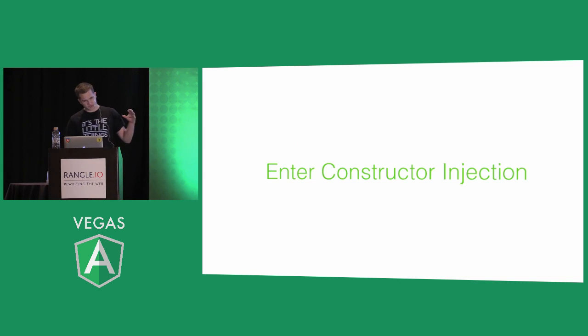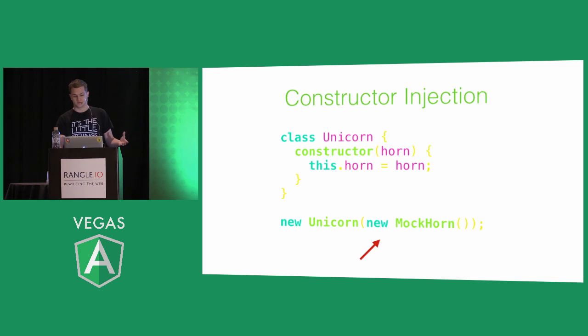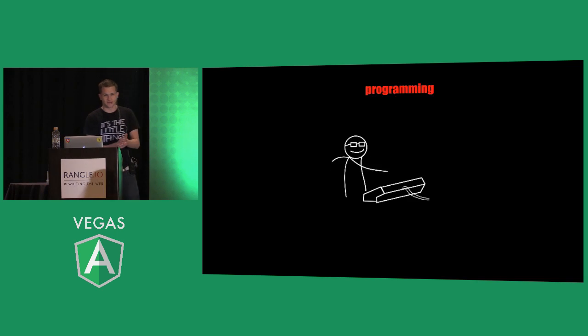This is where the most primitive form of dependency injection comes in. It's called constructor injection. What constructor injection does is it lets us pass in our dependency to our client, and then it gets leveraged or used as a property. There's no machinery around this object creation still. The code's still easy to understand, and we get the benefit of decoupling our dependency from our client. So we're happy, right? We can pass in a mock horn. We're feeling like, all right, this is legit. But